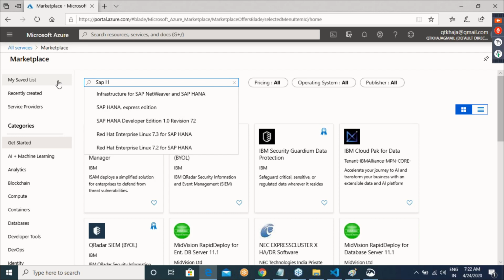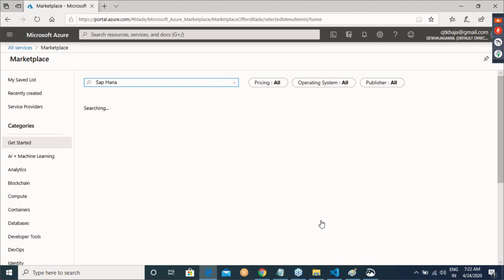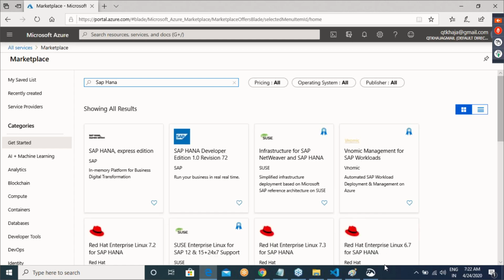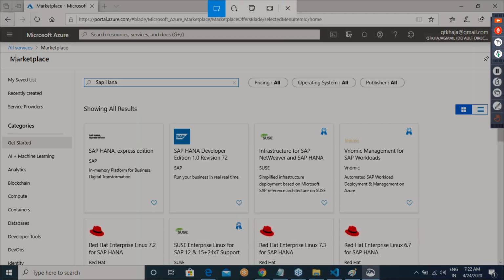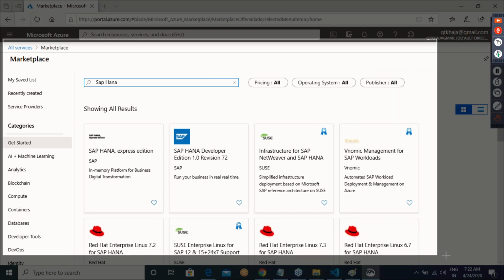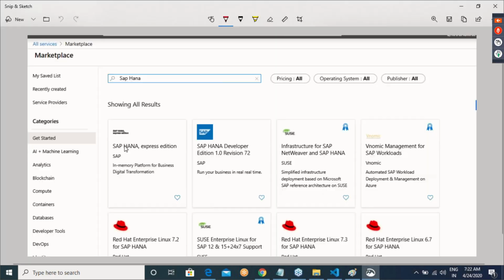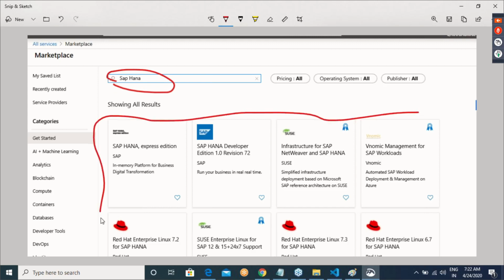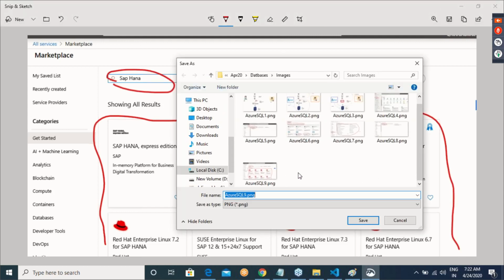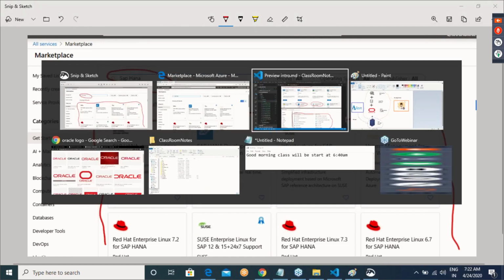But let me try SAP HANA. I'm just giving you an overview. If it is not natively supported, then what are the different chances you have? SAP HANA, and these are all the results. And this is all unmanaged stuff for you. Am I clear on this?